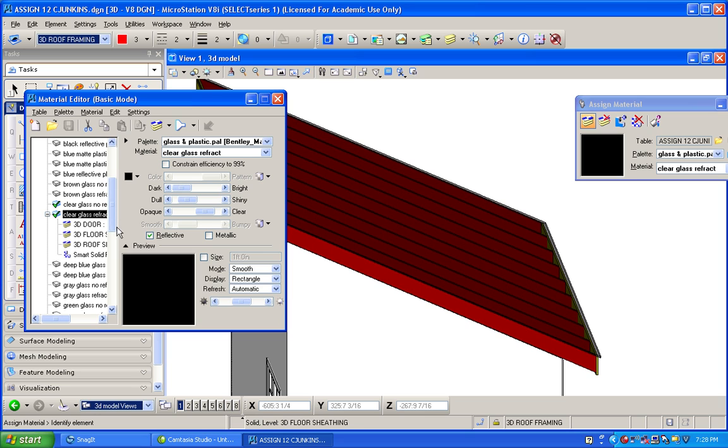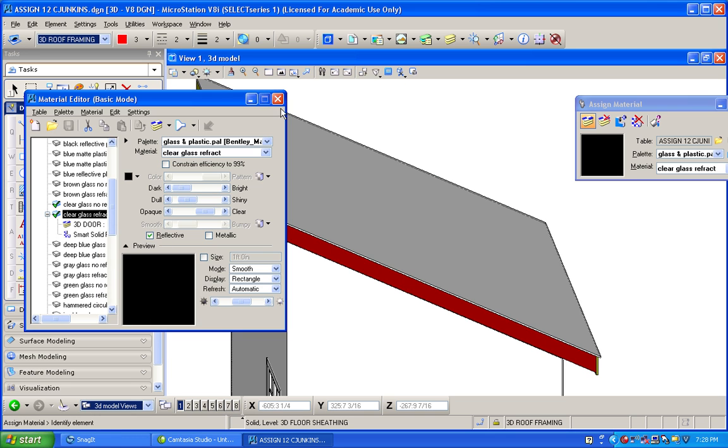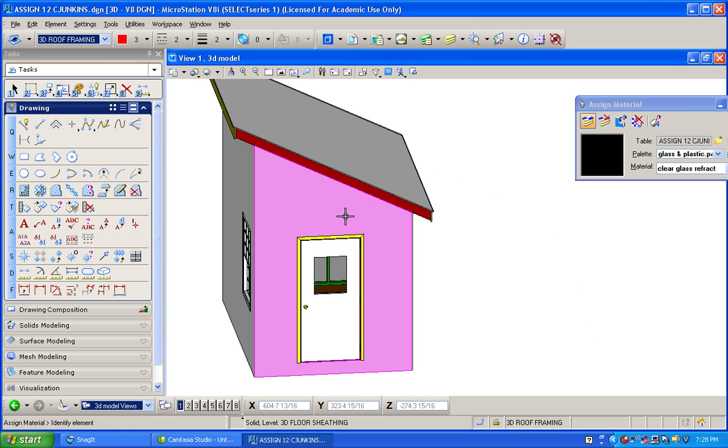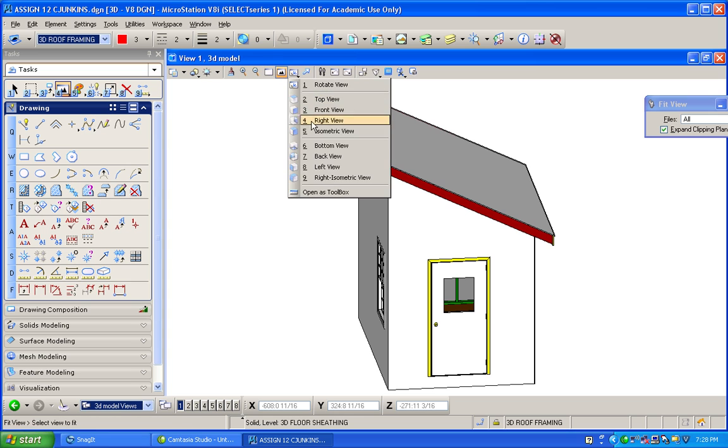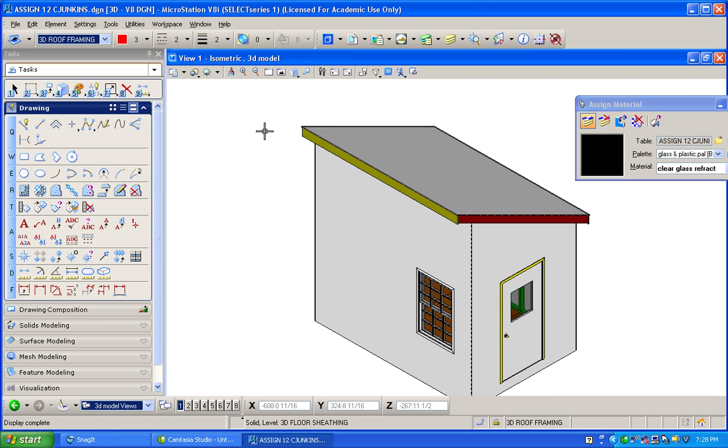You can see that the door, the floor sheathing got assigned. I must have just grabbed it by accident, so I'm just going to right click on that and say delete. Right click on that and hit delete. So that'll come back, and now we've still got our door, and I can see my brown sheathing down here in the bottom. Sorry about that. So anyway, we'll go back to an isometric mode,